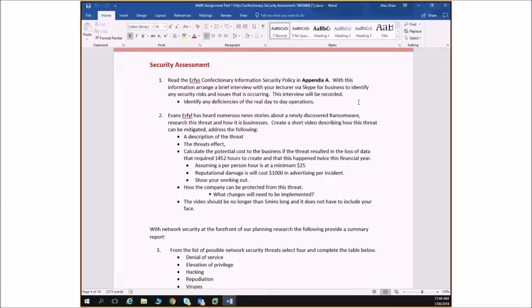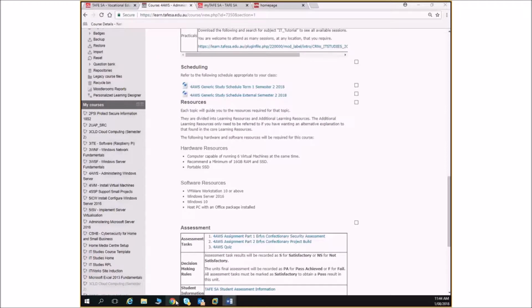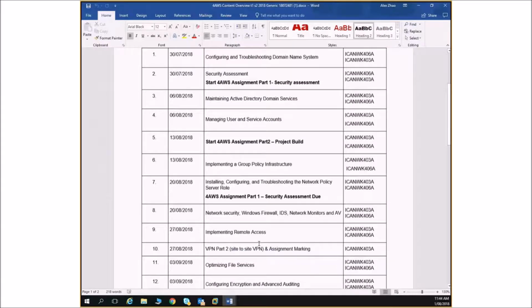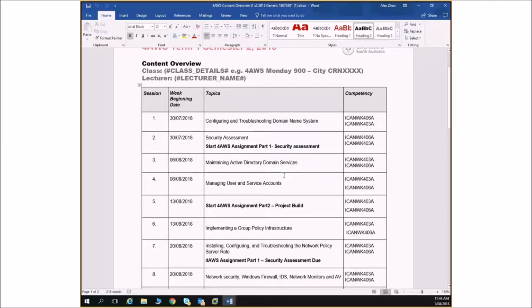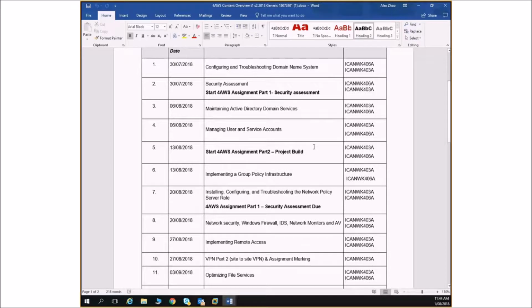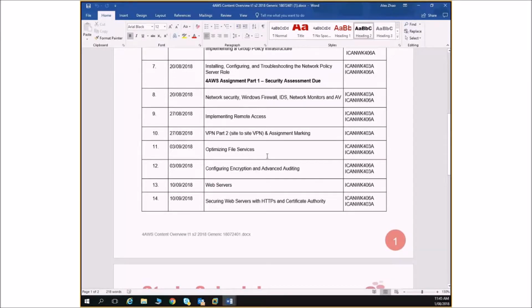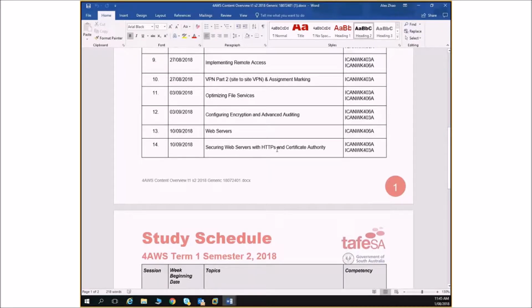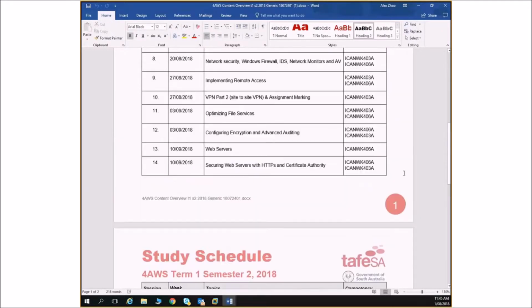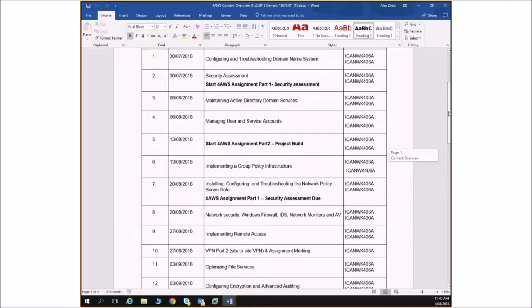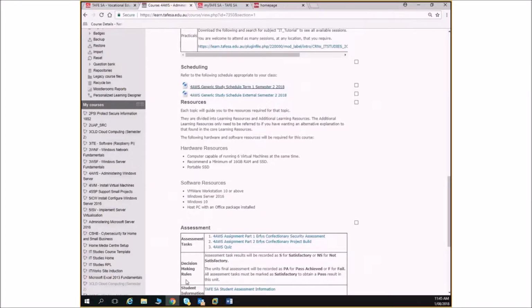Just a word of tip, if you quickly look at our topics, we talk about DNS, we talk about Active Directory, domain services, user and service accounts, group policies. We talk about VPN. We talk about firewalls and intrusion detection systems and antiviruses. We talk about file encryption and auditing. We talk about web services and securing them with HTTPS. Okay, they're the different topics. I know we haven't covered all the topics yet, and we're going to be going through that. But to be honest,